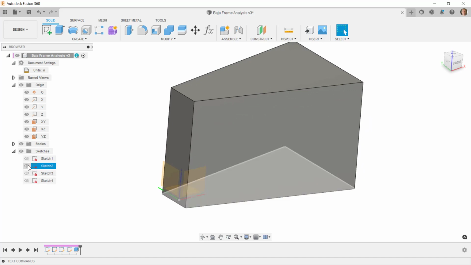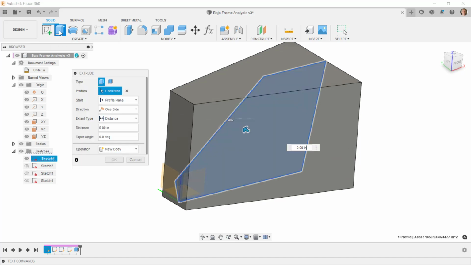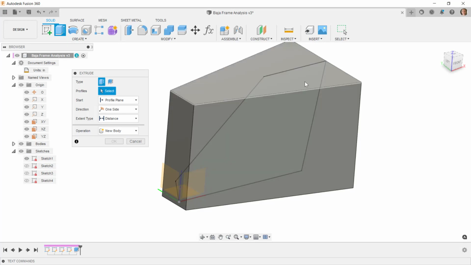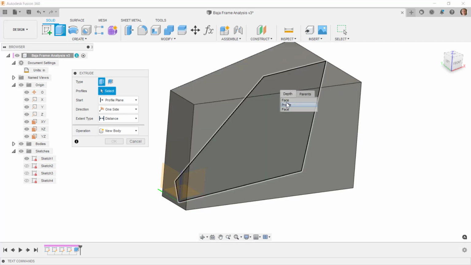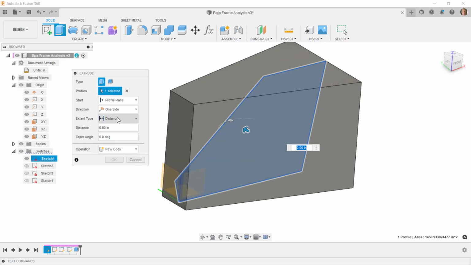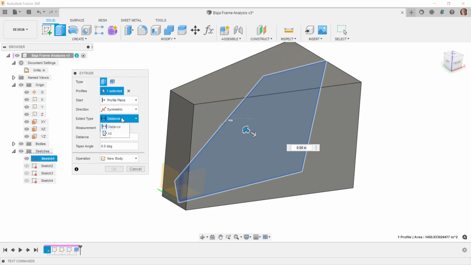Now when I did that, it hid sketch number 1, so I'm going to turn the visibility of sketch number 1 back on. I'm going to do extrude again, and if it doesn't automatically select sketch number 1, you might have to do a long left click, and then you can select profile to get that. And I just unselected it, so I'll do that long left click again. I'll get profile, so I've got that profile, and I want to go symmetric, and I want to go through all,